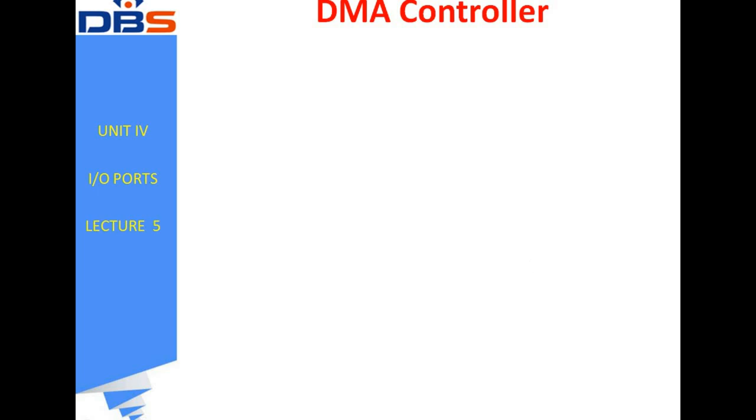So coming to the next one, what is a DMA? Direct Memory Access Controller. That means it is an interfacing device that is going to access the memory directly. The direct memory access is a data controller that transfers data from one address to another without any CPU intervention across the entire address range. That means it is not going to interact with the CPU, and it can move a block of data from one location to another location.